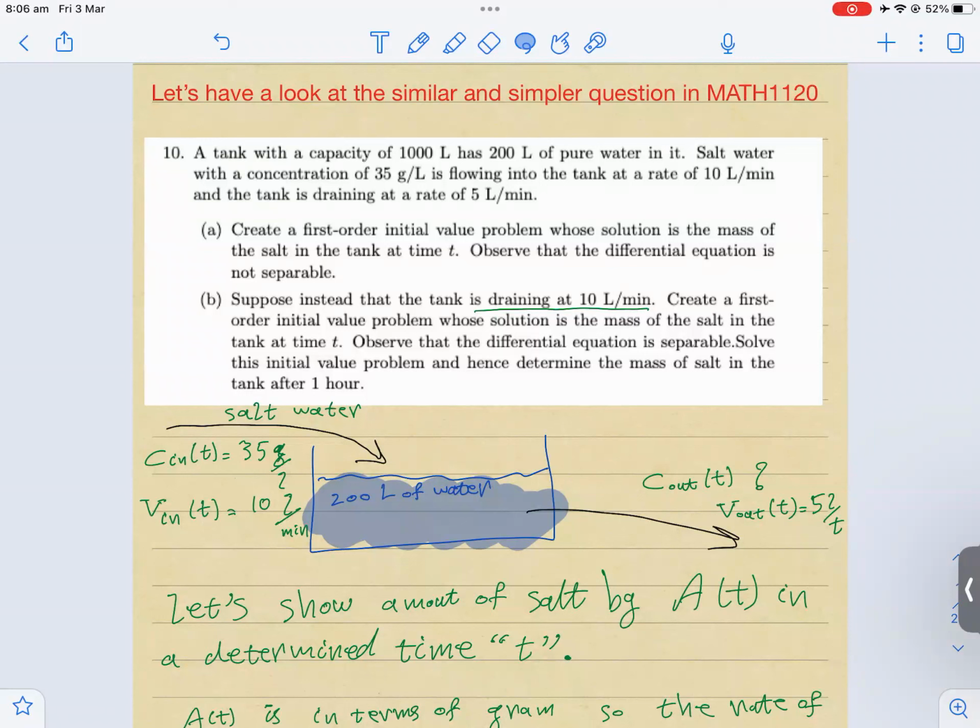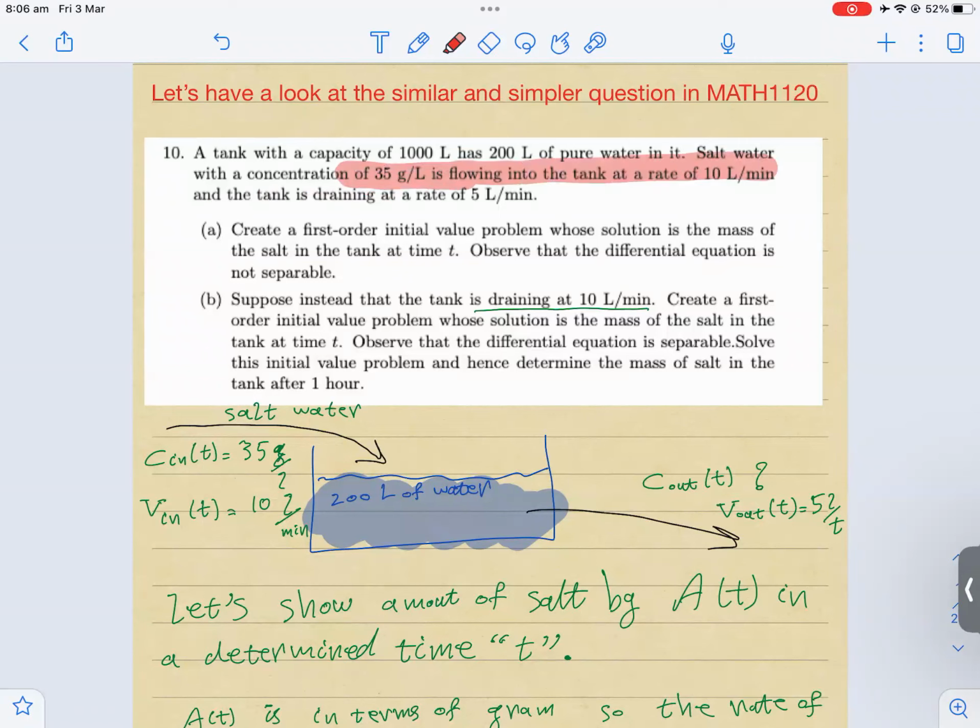All right, so week 2 and Math 2800. Before going to question 1, let's have a look at a similar and simpler question related to question 1, but from Math 1120. Now you see a tank with a capacity of 1000 liters, with 200 liters in it, and salt water coming in with this concentration,